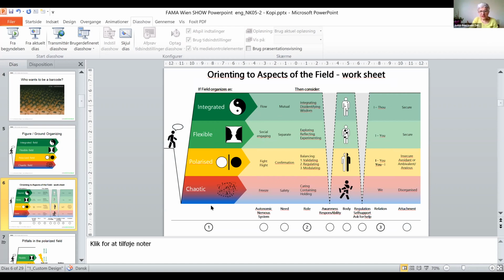So the idea, which we come back to all the time, is in which field are we right now? This may change during the time. And then you go here and you have some guidance on how to be in the role. And notice it's a huge difference. Like in the chaotic, there is just carrying, containing, and holding. Most people wouldn't dream of talking about what was your own responsibility here. You don't ask that of a person who is in a chaotic state, and it comes quite natural. But here,